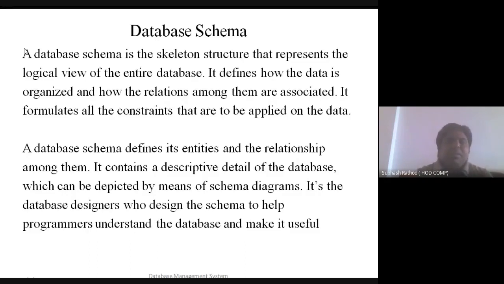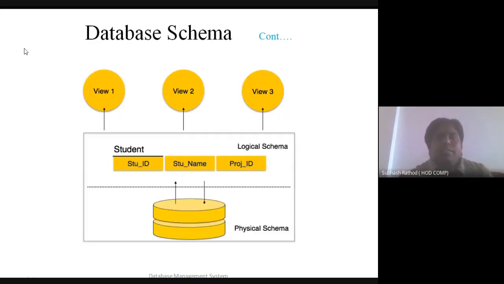The only thing is that you should understand what a schema is and what a database schema is. A schema is the overall structure, and a database schema is nothing but the overall structure of the DBMS. That's it. Now if you map this schema with the levels of transparency, there is a structure at the view